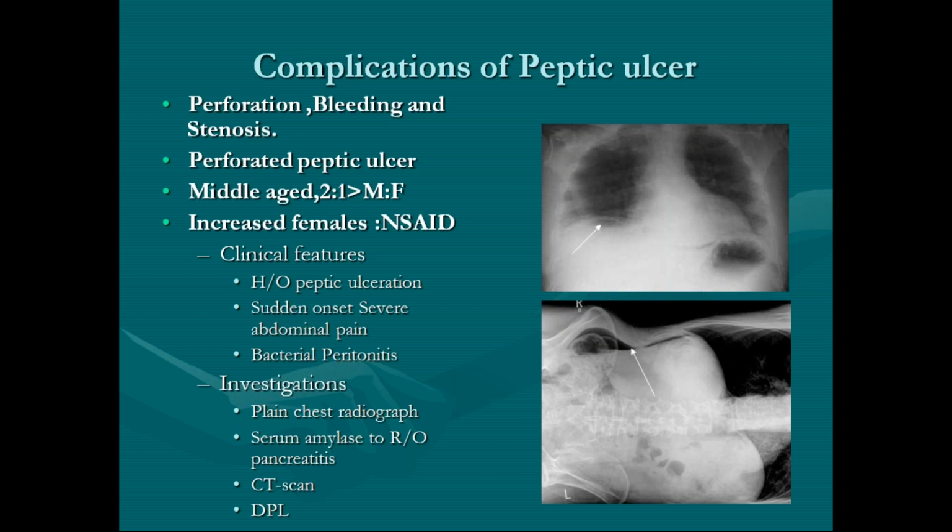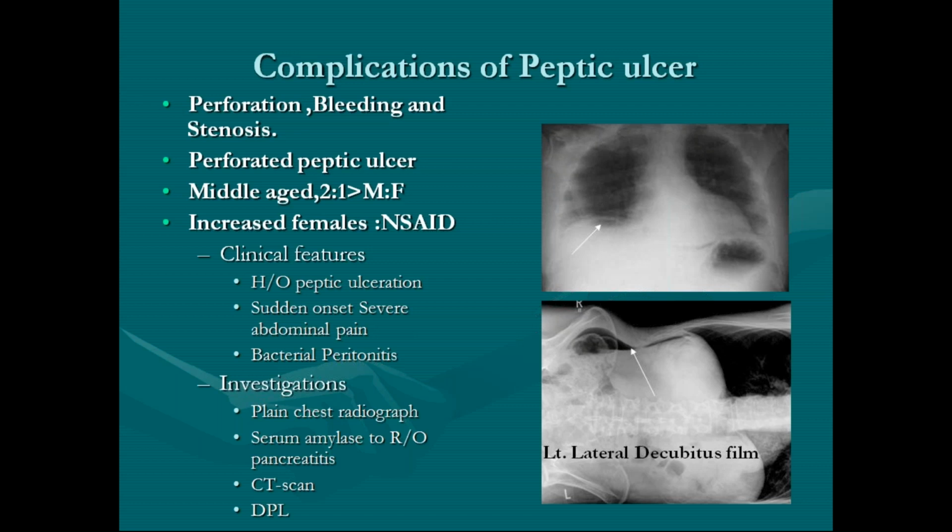Now we are coming to the complications of peptic ulcer. What if you leave the ulcer as it is and do not treat it in time? What consequences can an ulcer turn into? Either it can perforate or bleed, or it can produce pyloric stenosis. Coming to the first one, perforation. I think in this class we can complete it in 5 or 6 minutes more.